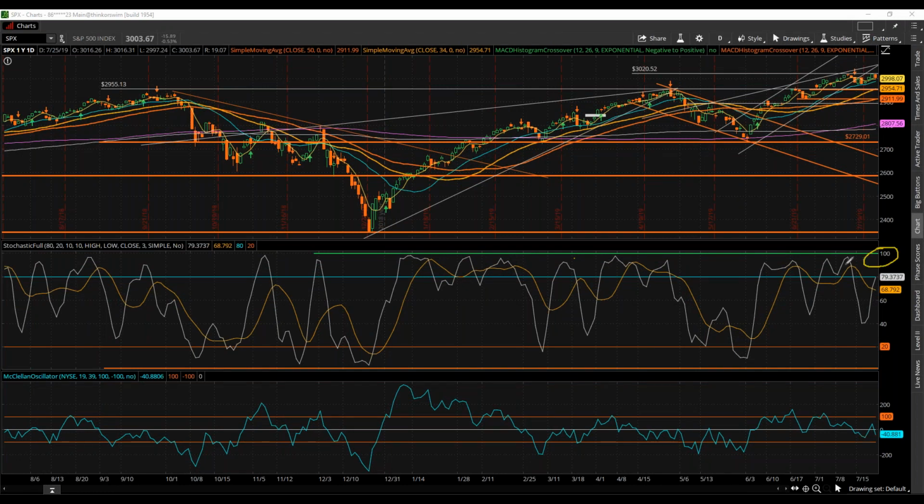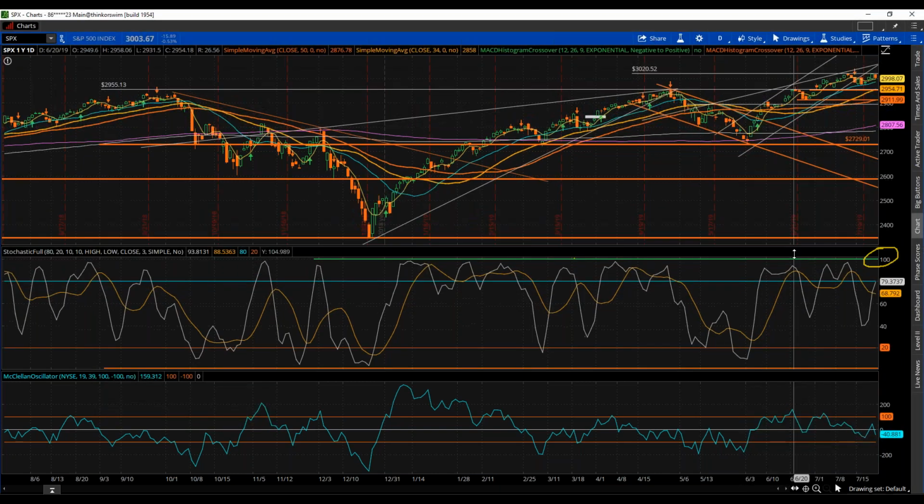All right. Remember, the predominant line is the percentage K line, which is the white one. That's the one that you need to follow more closely. This is your short-term line. This is more of your longer-term line. So this needs to get up here in this zone. Number one. Number two,